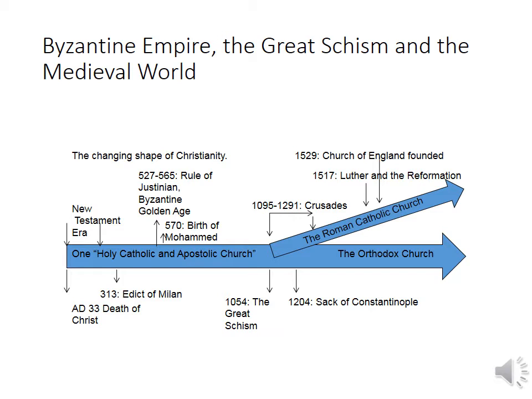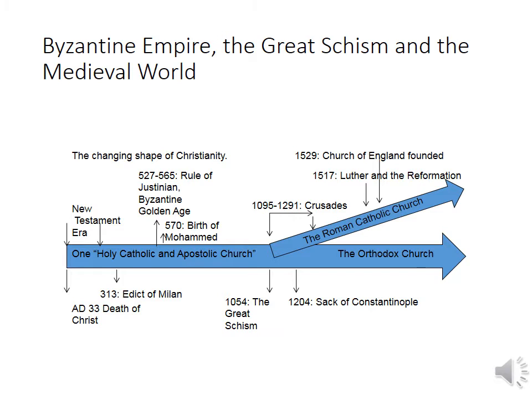So as you look at these dates that go on to the right, with the rule of Justinian, that's going to coincide with the Byzantine era, which we'll be looking at in a future time period. Then, of course, we'll have the birth and life of the Prophet Muhammad, which will bring Islam into the region. This will, of course, change the political and religious landscape of the entire world, really, which will eventually lead, after many centuries, to what we call the Great Schism. And you see that on the timeline here.